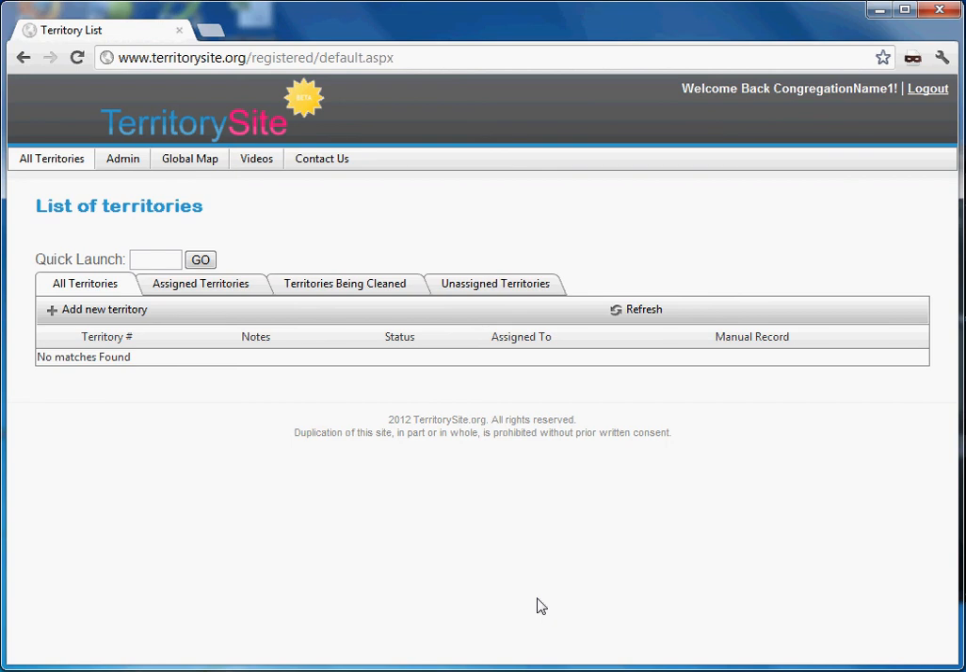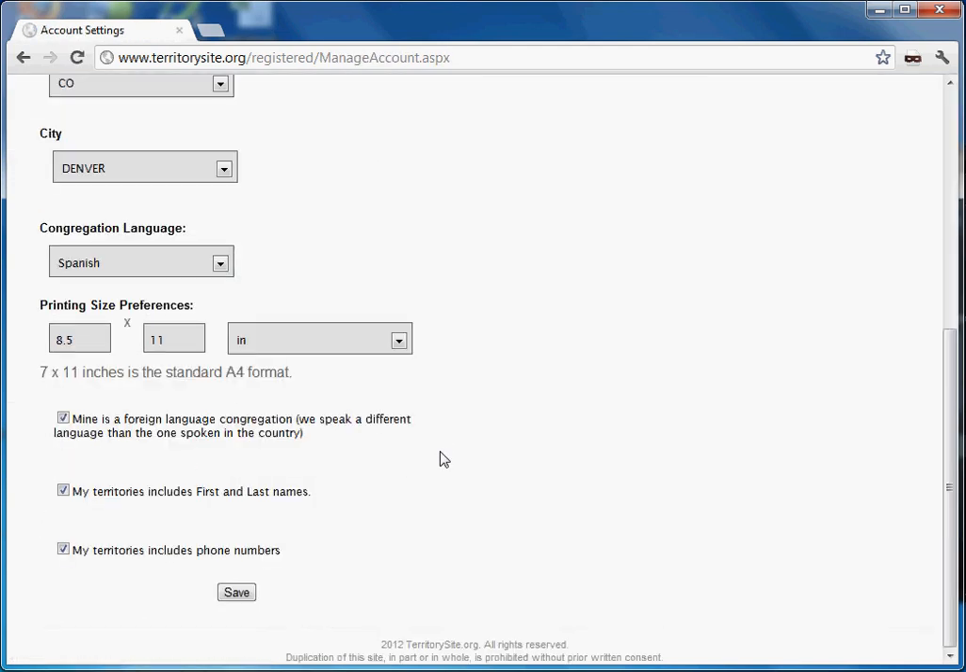We will not explain here how to continue from here, but we will say that if you want to go back and change any of the options that you just selected, all you have to do is go to admin, select manage account, and all of your options will be